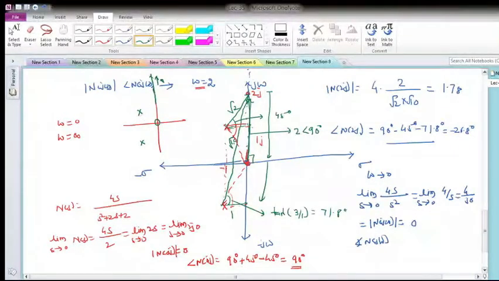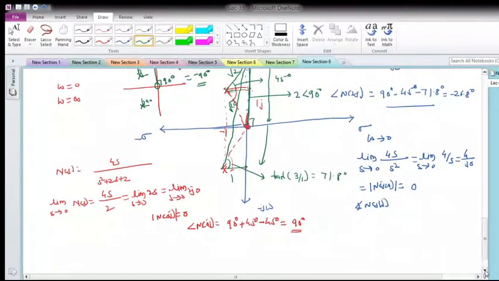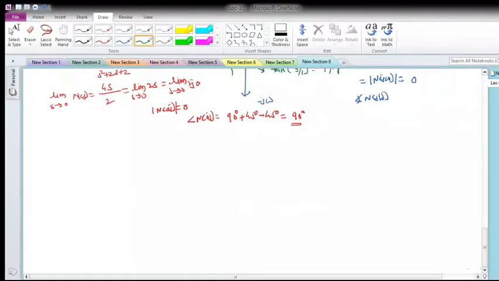If it is infinity, what is the angle contributed by each pole? It is 90 degree, and this is 90 degree. And what is the angle contributed by the zero? It is again 90 degree. So what is the total phase contribution from poles and zeros to j infinity? The angle contribution from the zero to the point j omega is 90 degree, and here minus 90 degree from one pole, minus 90 degree from the second pole, so it is coming at minus 90 degree. With this information I think I can plot the rough plot of magnitude and phase response.